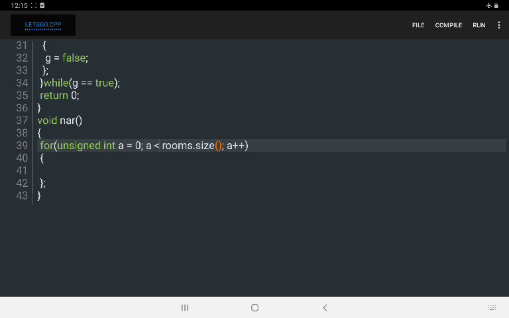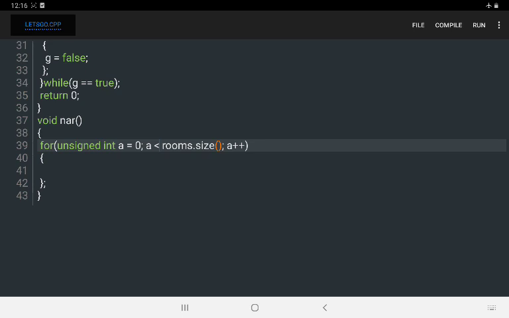would it proceed with the code? I forget if there needs to be, let's hold on. Would there need to be an equal sign here? Oh, wait, no, the room size would be the amount of objects within the dynamic list. So right now, the dynamic list only has one object. So I set a to 0, and then if a is less than 1, then we'll run through the code,